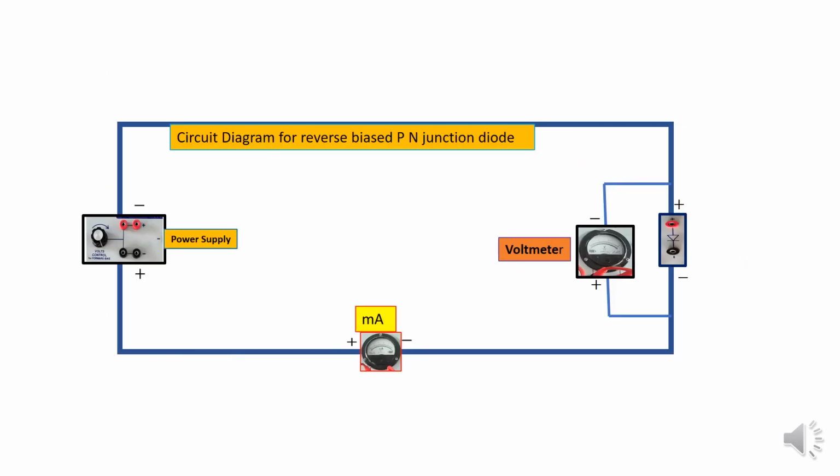Similarly, for reverse bias, you can see here, the P of this is connected to negative, and this N is connected to positive, that is reverse bias. This is in series. This voltmeter is again attached across the diode, and this negative and positive polarity is there simply so that the current will go in the reverse direction. Otherwise, for DC, polarity doesn't matter, in which we are only attaching this voltmeter across.